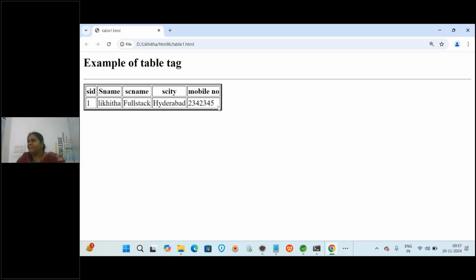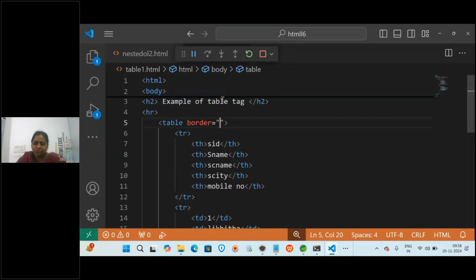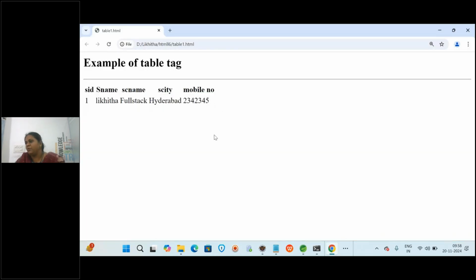But generally when we develop real-time applications, you will see the login: enter username, enter password, and click on the submit button. Yes or no? Those are all created with a table, but they make the border 0. That's why the lines are not visible, otherwise it won't look right when you create an application. You don't want those lines, so we make the border 0. For this example also, if I give border as 0, will it be displayed? No. So you can see there is no border for the table.